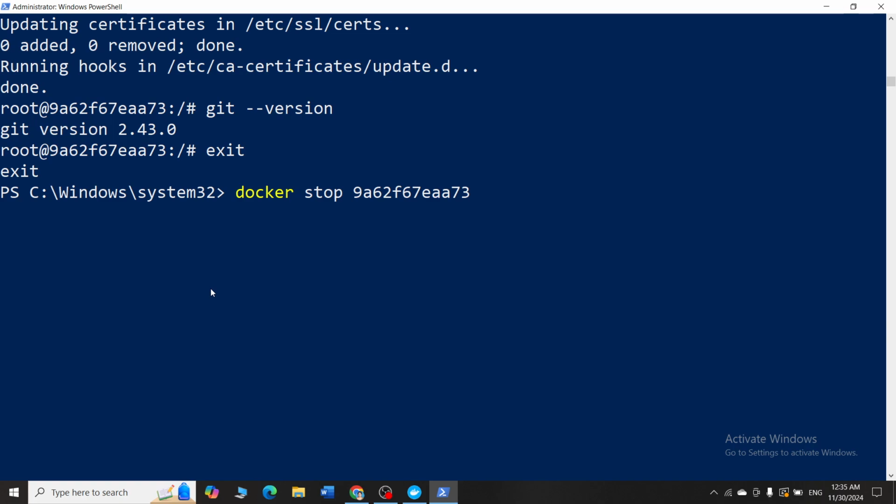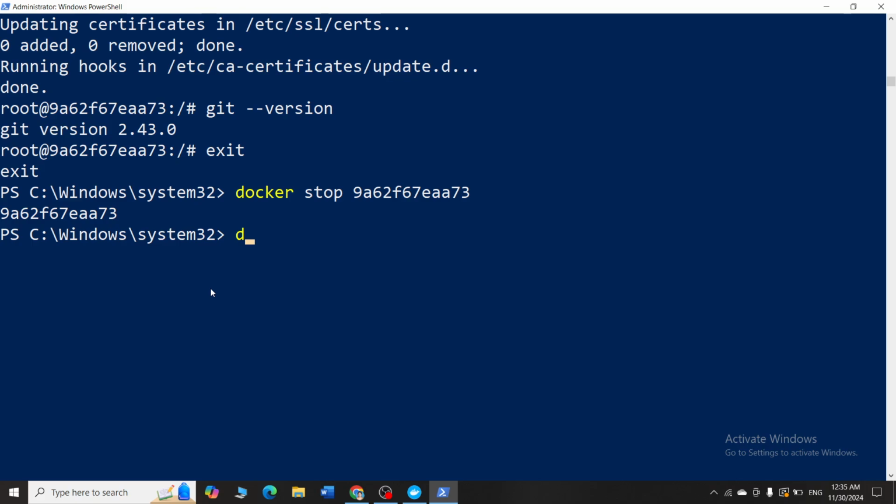It should stop in a minute. Since we had n number of installations, it's taking a little bit of time. Now it stopped. Now, since I have modified my image by installing git into it, let me save the changes into my local repository. So how do I do the changes?